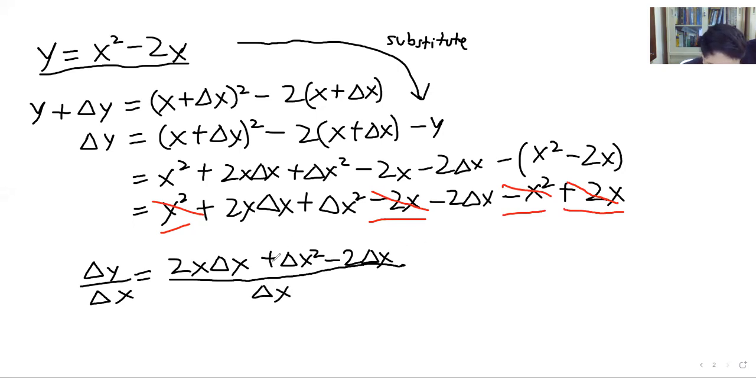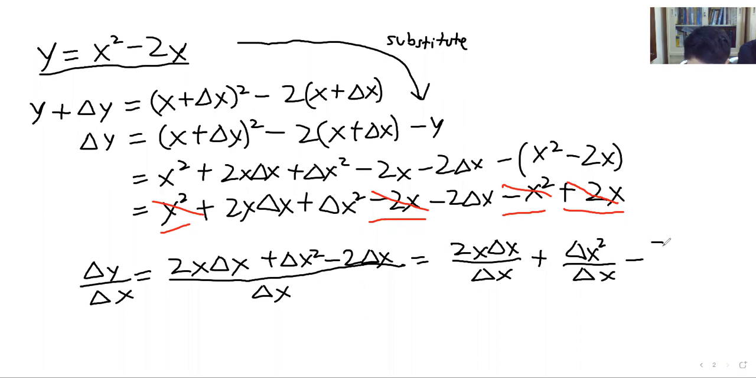For those of you who don't know, it's very easy. You can just split this up. Oh, but it's not equals, it's supposed to be equals. Okay. We can cancel some stuff. We can cancel this. So all in all, that will just equal 2x plus delta x